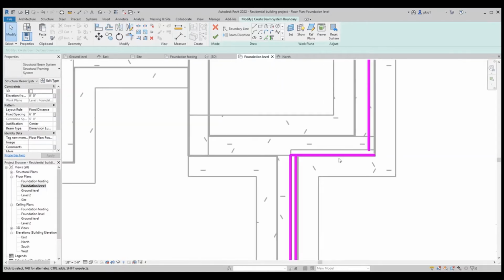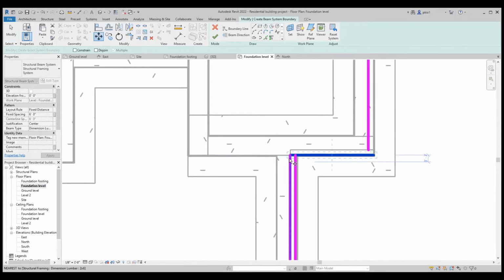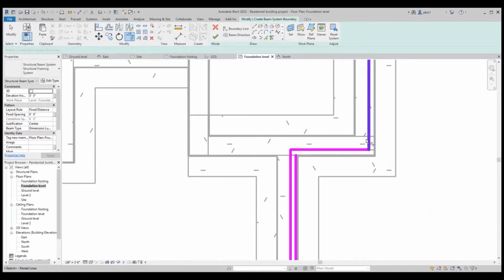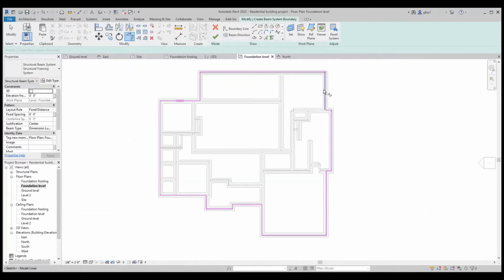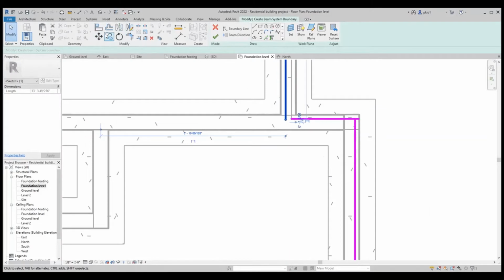Here, I'll press escape and move this line to the interior of the joist. I go back and chamfer. This is far off, so I'm going to move it to the point where joists are.